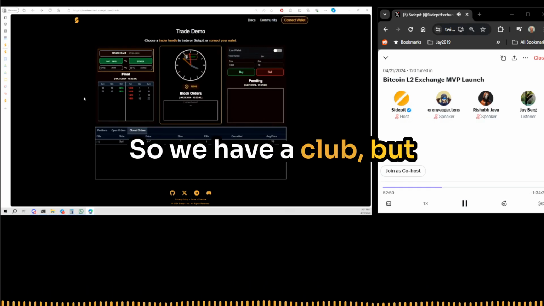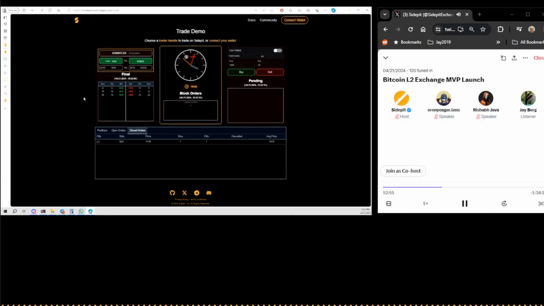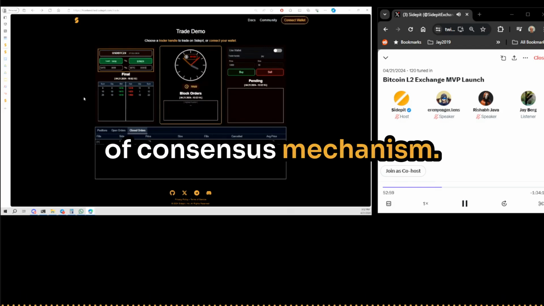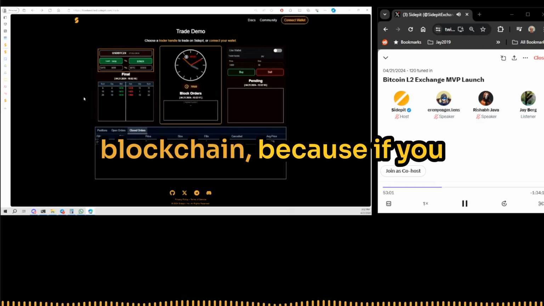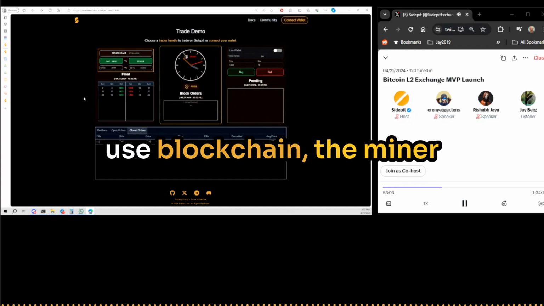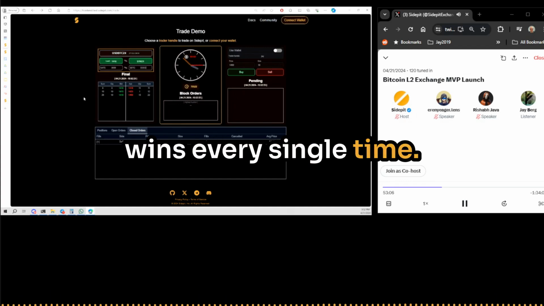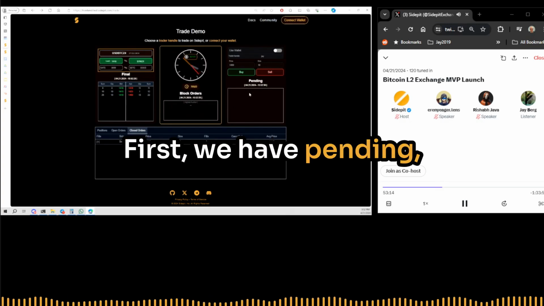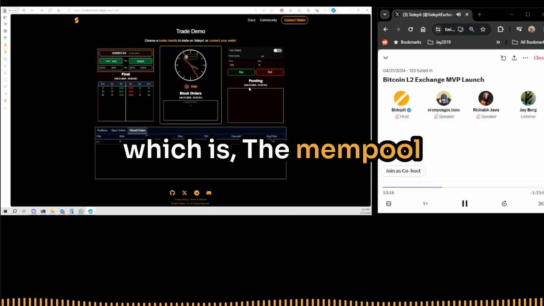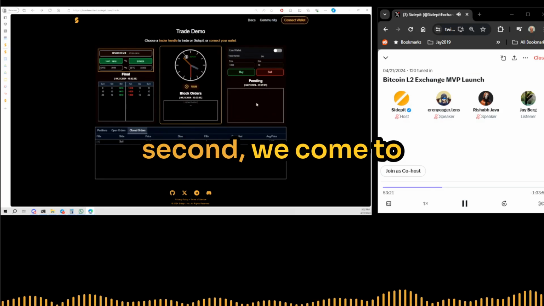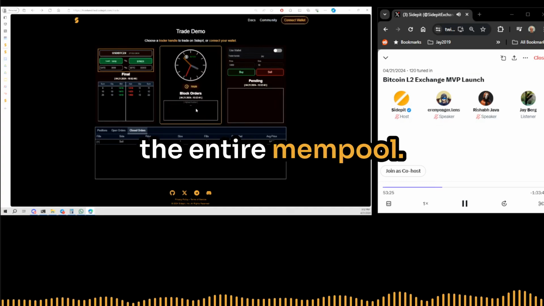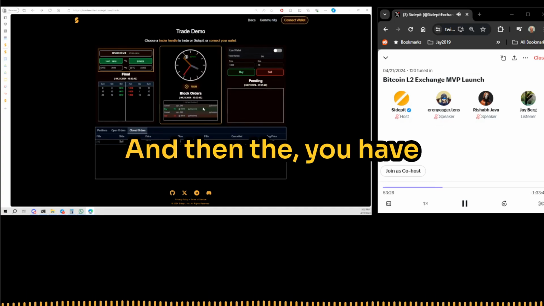So we have a club, but we distributed the club. But if you distribute the club, we need a new type of consensus mechanism, because you can't use blockchain. Because if you use blockchain, the miner wins every single time. So instead, we have a 3-step consensus. First, you have pending, which is the mempool. And at the end of the second, we come to consensus on the mempool to complete the entire mempool. And then